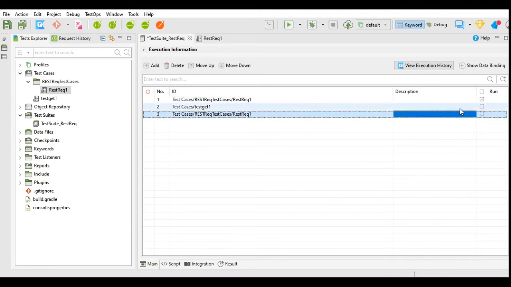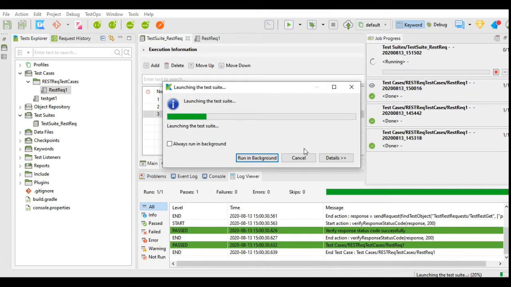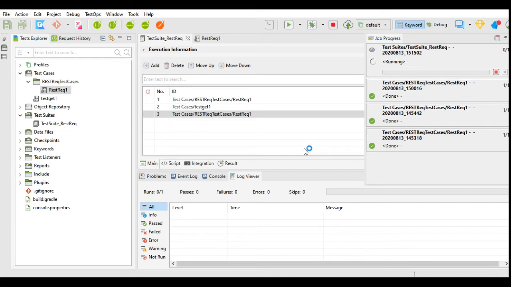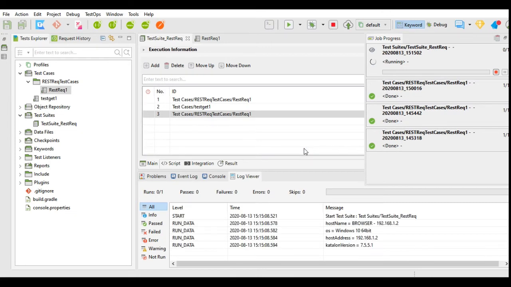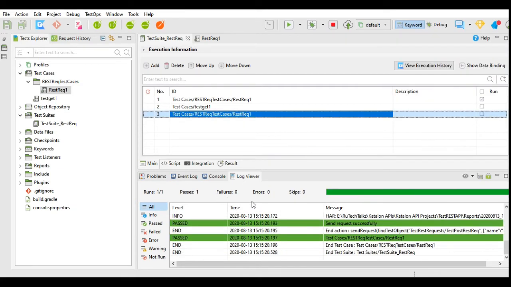These two test cases will not run because these are skipped from the test suite. So I will execute this. And it has executed only one test case and that is passed.